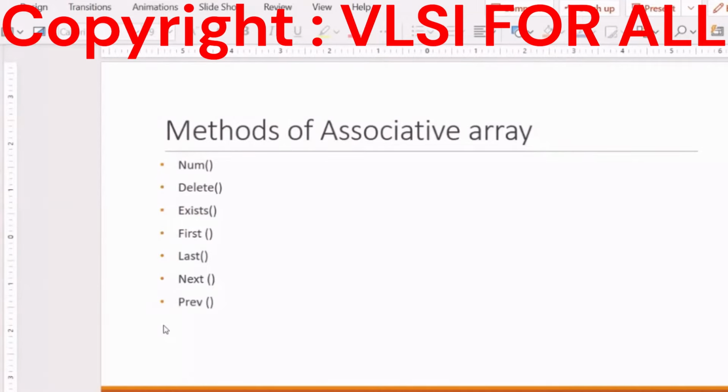So here also you have the methods num, delete, exists, first, last, next, previous. In exists, you want to know whether